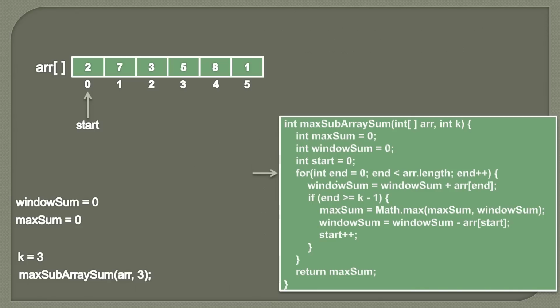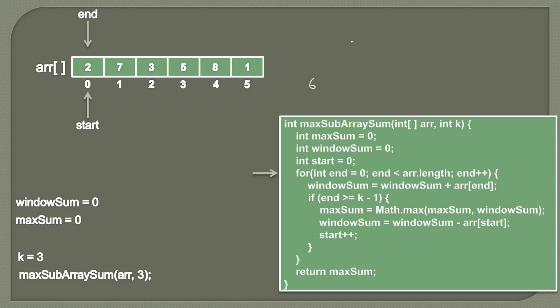And now we provide a for loop, and inside this for loop we will do the window sum. We'll compare the window sums of different windows of size k, and whichever is the maximum sum we simply evaluate here. So we take an integer variable end, initialize it with 0, and this end will go till array.length. So array.length will be 6. So end will go till the last index, which is the 5th index. Here end will start from the 0 index.